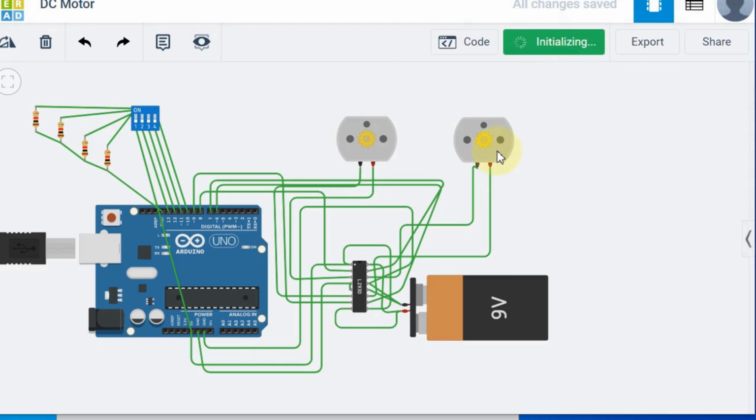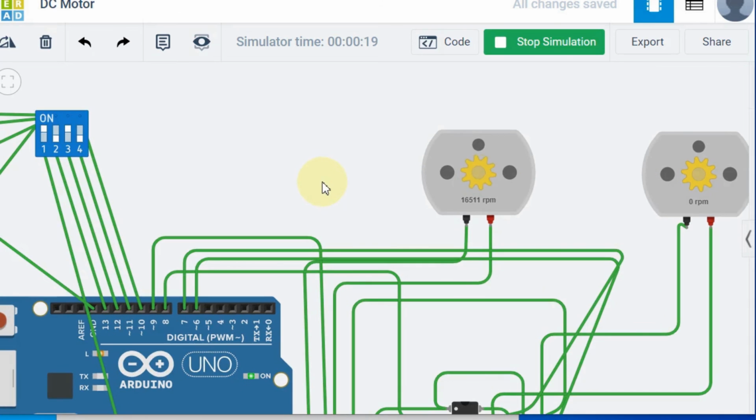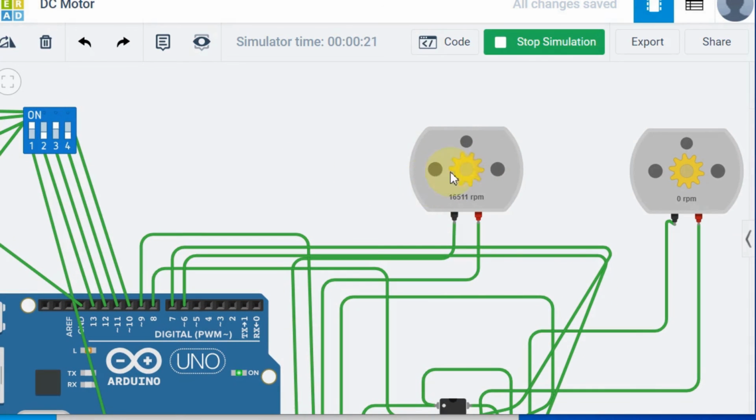Now you check, all the inputs on/off are off. Because of that I am getting 0 RPM. Suppose I want to turn on motor 1: it is rotating anti-clockwise because motor 1 is on but switch 3 is off. So off means anti-clockwise. If I want to rotate motor 1 clockwise, then I should turn on switch 3, so it is rotating. I'm just going to zoom it. Okay, so it is rotating clockwise because switch 3 is on. If switch 3 is 0, then it is rotating anti-clockwise.